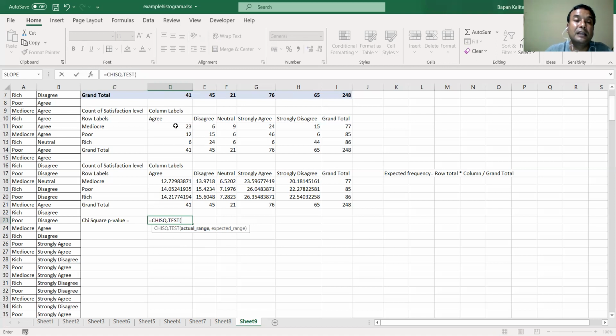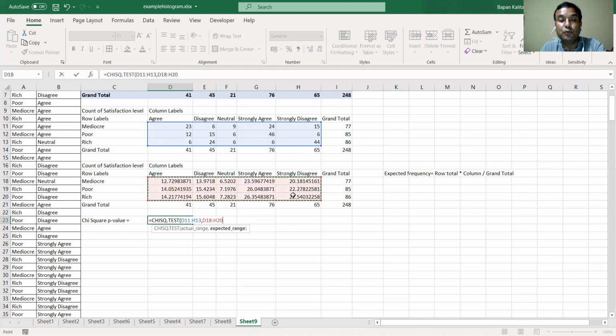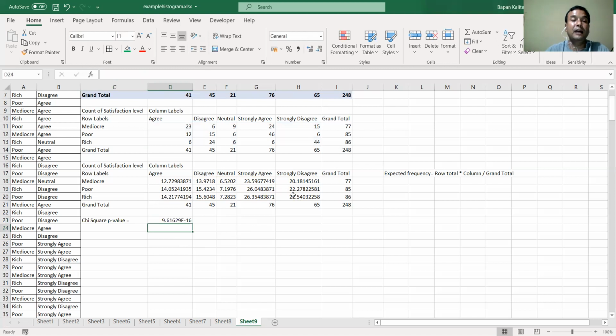So let us select the actual range, leaving the totals. Then put a comma, and select the expected range, leaving the totals. Then close the bracket and click enter, and you have got the value.